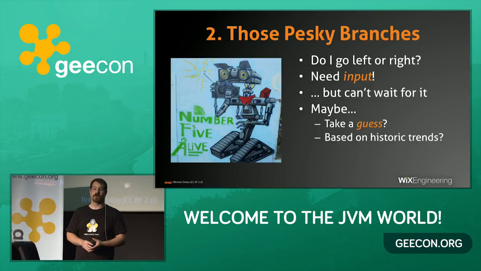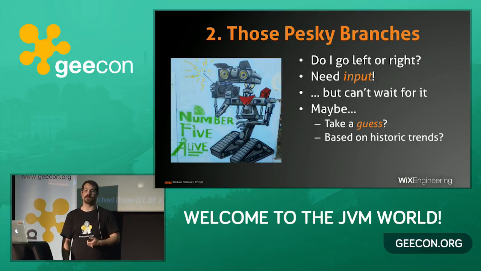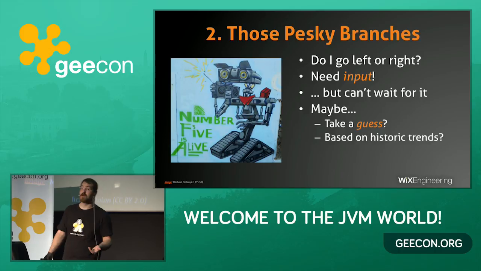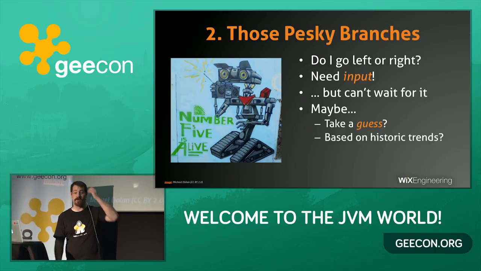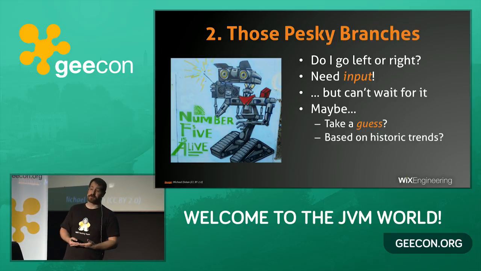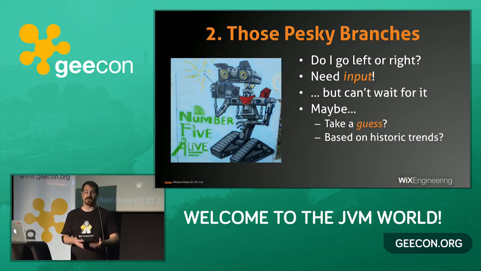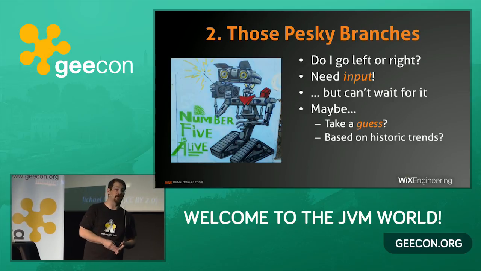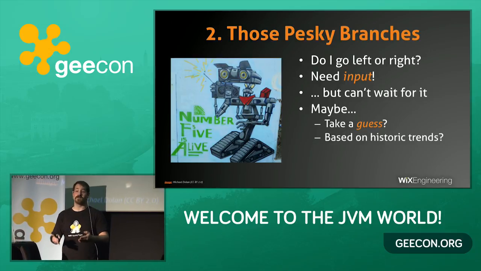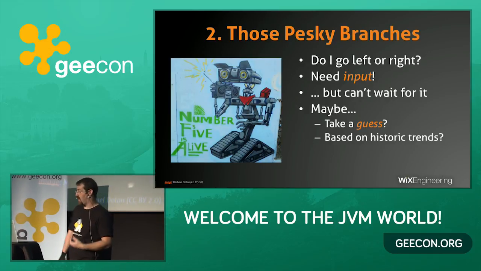Maybe you could take an educated guess. As a CPU, you can look at historic trends. You can look at a particular branch and say, I know that this particular branch has historically resulted in going left or right. Think of a null check, right? You have a lot of null checks emitted by the JIT within your Java code. A null check in disciplined, well-written code usually evaluates to false, because well-written code doesn't pass nulls where nulls are not allowed. So ideally, the answer to the question, is this thing a null, is it safe to proceed, will always be yes. So if historically the answer is always the same, you can speculatively